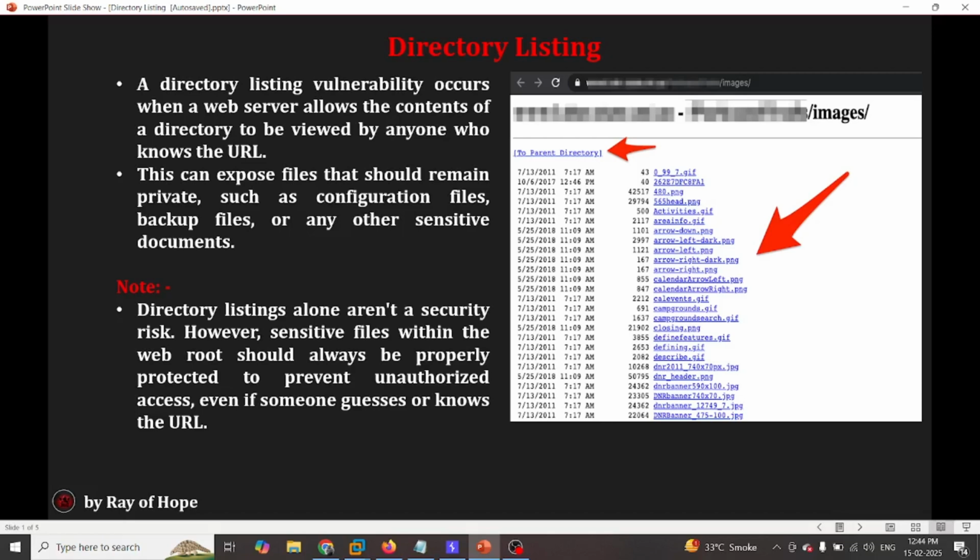In this video, we will have a detailed overview of directory listing, where we will be covering how to identify this, how to exploit it, and how to mitigate it in a very well-mannered way. Moreover, I'm going to show you two or three ways which will help you to identify the vulnerability. And also, I'll tell you the difference between forceful browsing and directory listing, which is really important. So without wasting our time, let's go ahead.